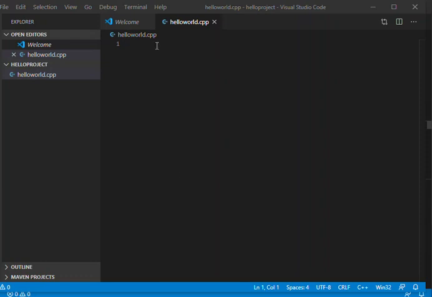So now we can type in our C++ code. We can say hashtag include iostream,